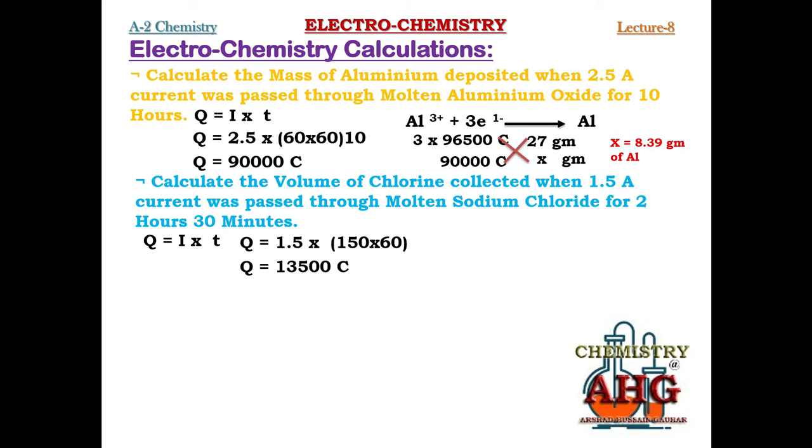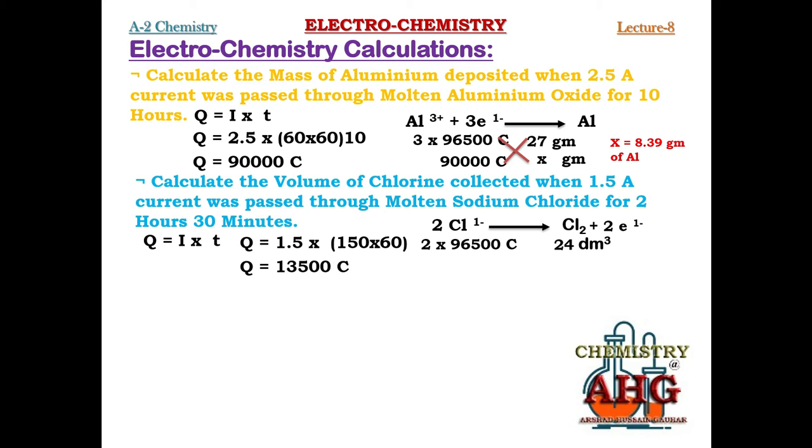So chlorine is produced from molten sodium chloride. So you will start with chloride ion. It will undergo oxidation to produce chlorine by the loss of electron. I have written the equation for 1 mole. You can write it for half mole, it's not a problem. So now you can see in this chemical equation, 2 moles of electrons are involved for the production of 1 mole of chlorine. So you can write down 2 into 96,500 coulomb. It is enough to produce 1 mole of chlorine, and 1 mole is equal to how much volume? 24 cubic decimeter.